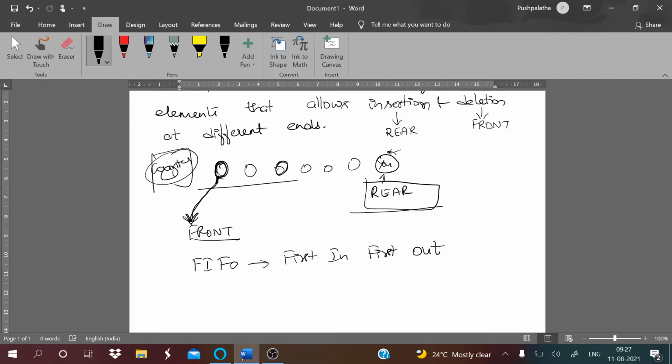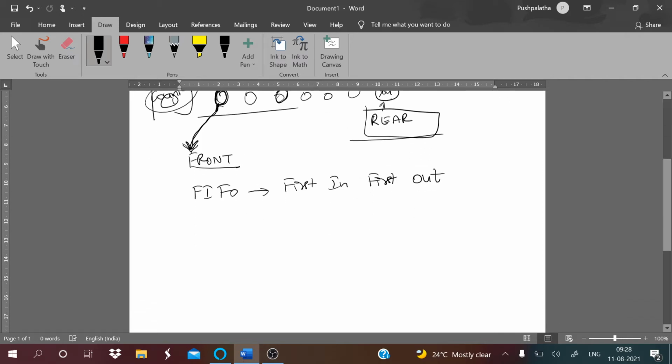As we were talking about companies yesterday, in some companies, especially in stacks, the person who has joined last, the fresher, will be the first person to be removed. That order is known as last in, first out, LIFO. Whereas in some companies the policy may differ, that is, the most experienced person may be the first one to come out. That is the order of FIFO, first in, first out.